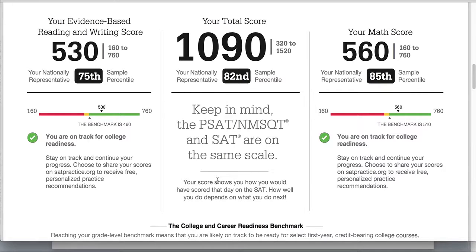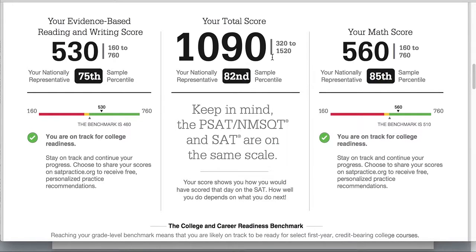On average, students don't improve their scores wildly, like 500 points. Or in this case, if this student got a 1090 and the maximum score on the SAT is a 1600, yeah, this student might not get a 1590. It's really, really hard to get that. Number one, less than 1% of the nation gets a 1590 or higher. And then number two,